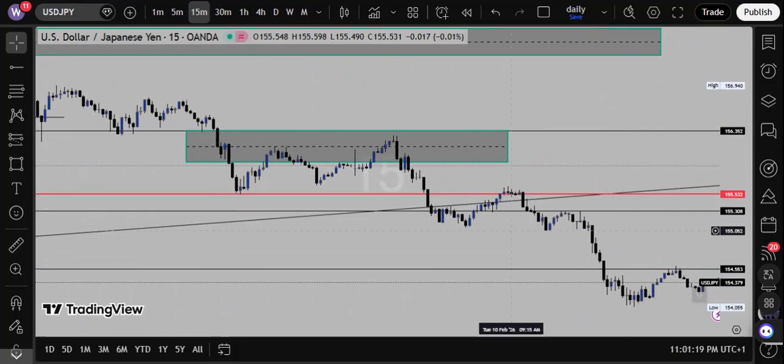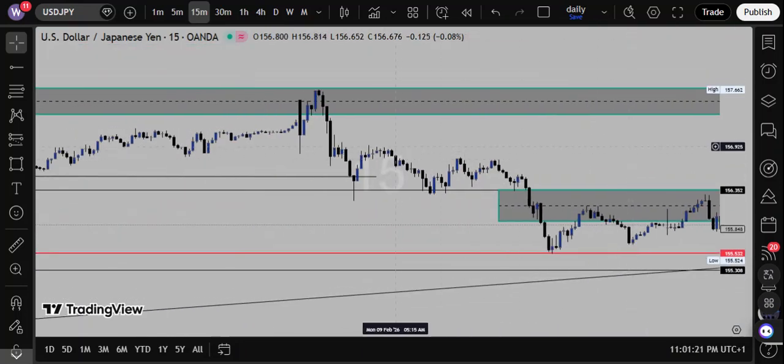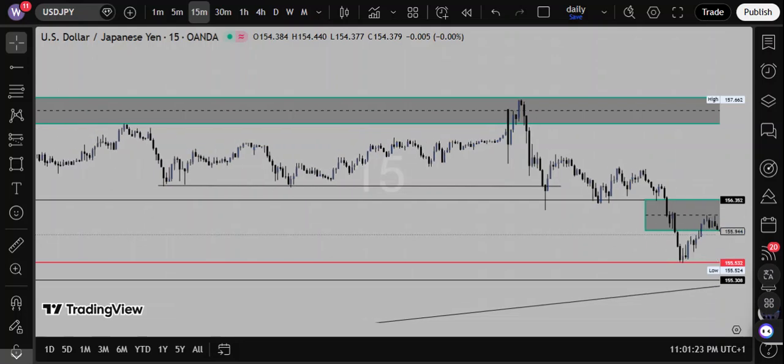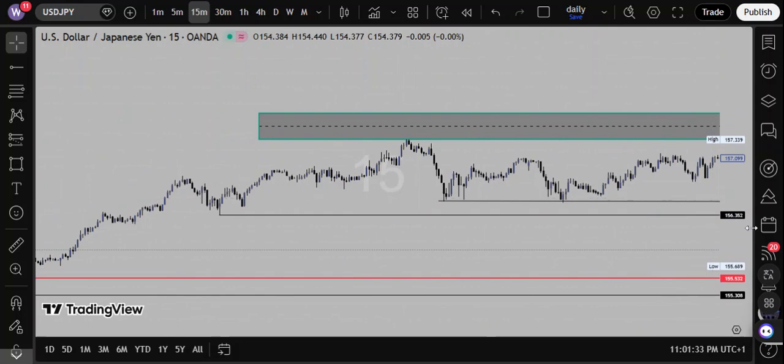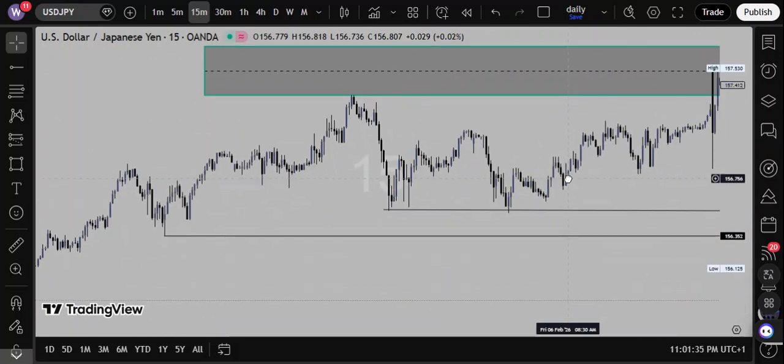So after scaling down to your 15-minute time frame, you're expecting price to what? Take out this liquidity. Can you see? Take out the liquidity here and also give us what? Okay, this was the first sweep. Yeah, this was the first sweep. Look at that. Price swept the liquidity here after respecting all of these lows. Price came back, sweep out the liquidity here, and after getting a sweep of liquidity, you can either take your